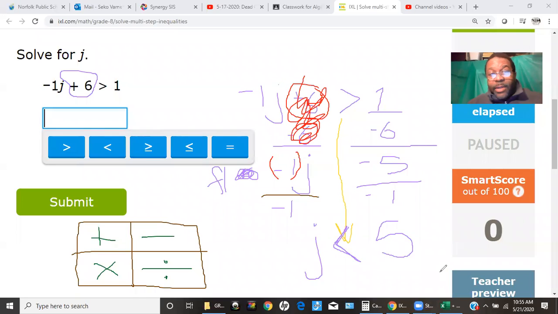Ooh, that's a lot of work, right? That was a lot of work. So J is less than 5. So I'm going to come back here and I'm going to type in J